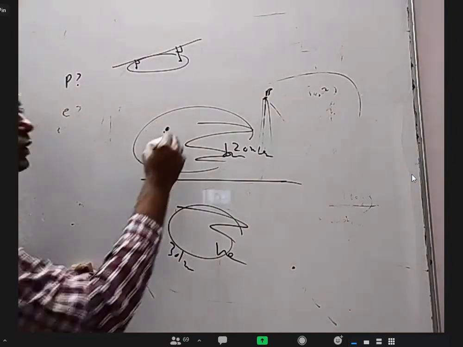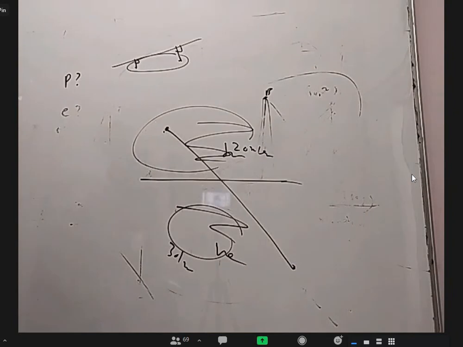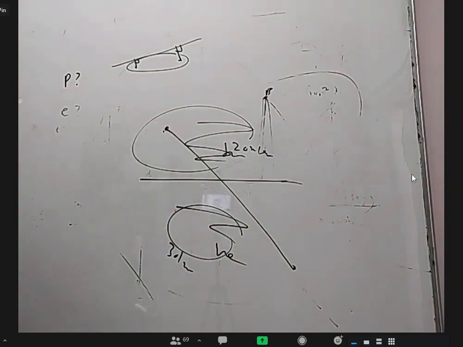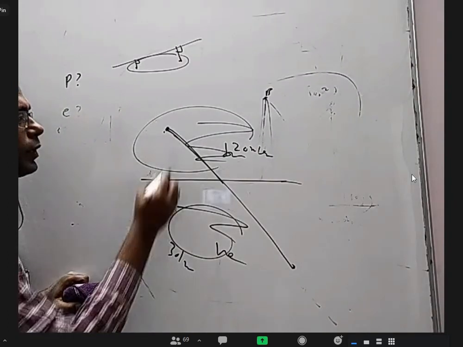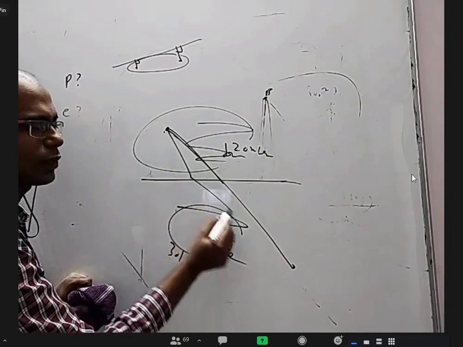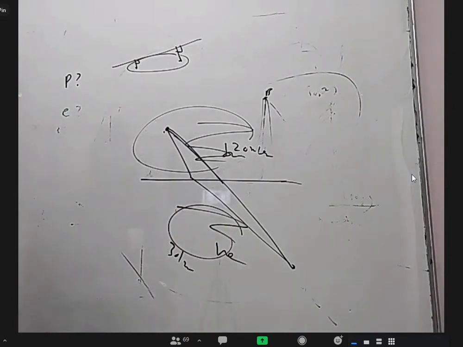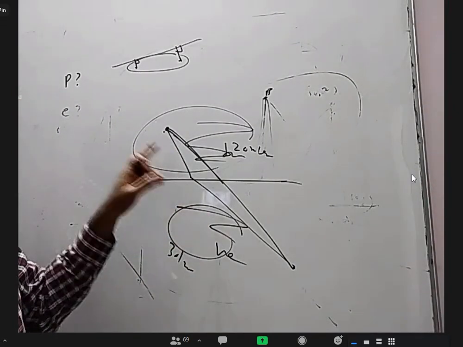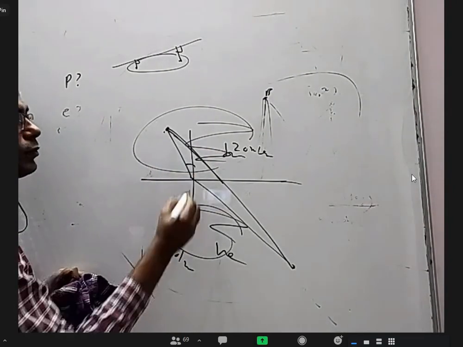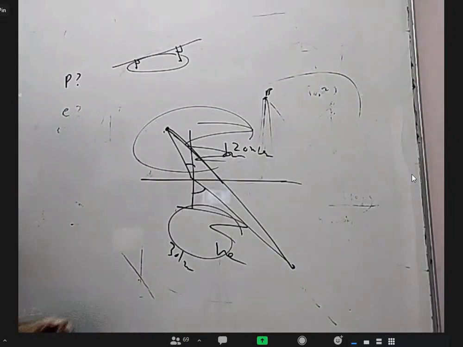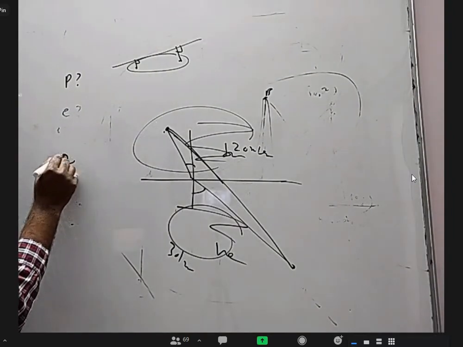Is the straight distance going to take the least time? May not be, because you are traveling quite a distance at a slow speed. Maybe you travel a little less distance here and a little more distance here, and you'll take less time. So which path should you choose so that you take less time? Again, there is a path where mu equals sin i by sin r. Snell's law. Velocity, that is 20 by 30.